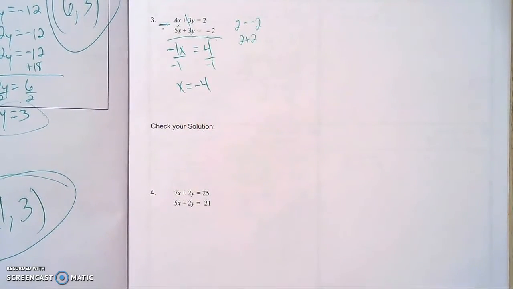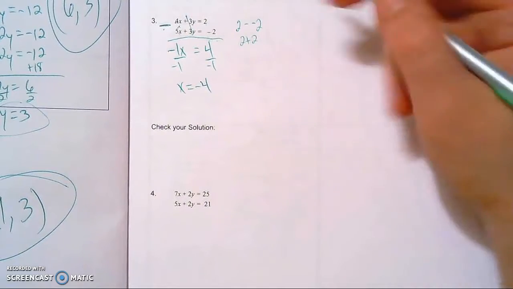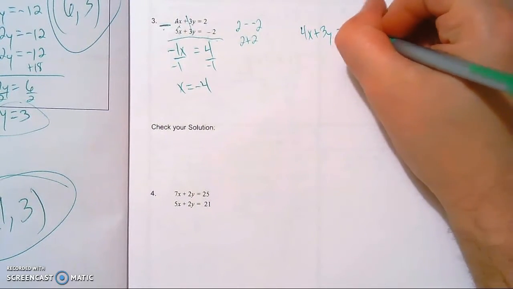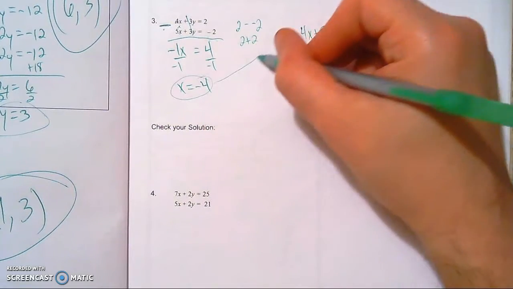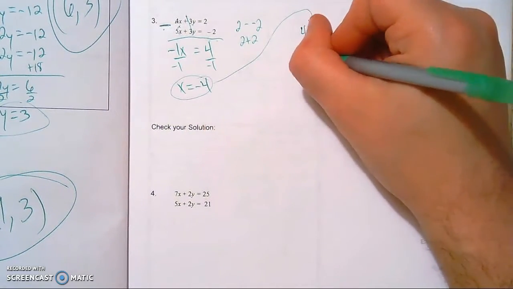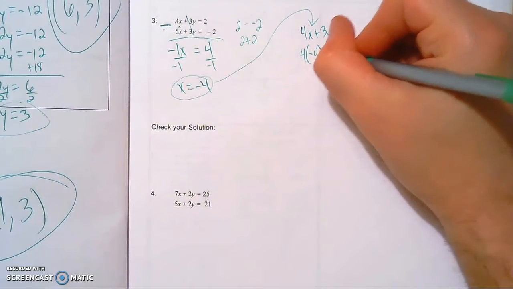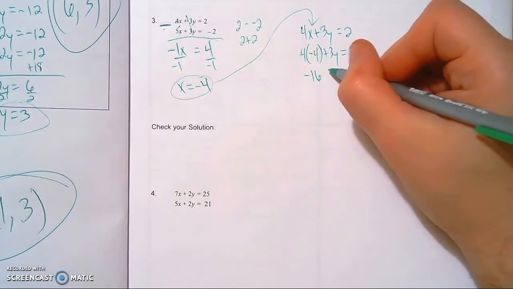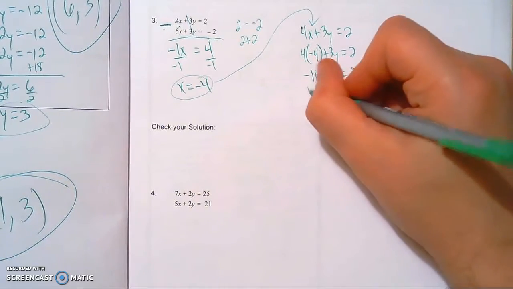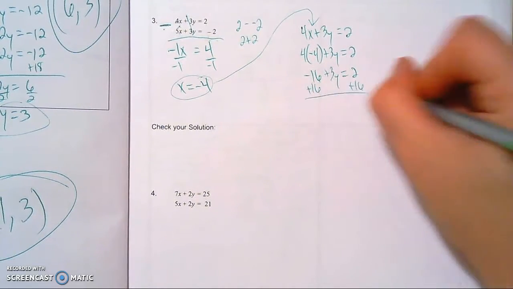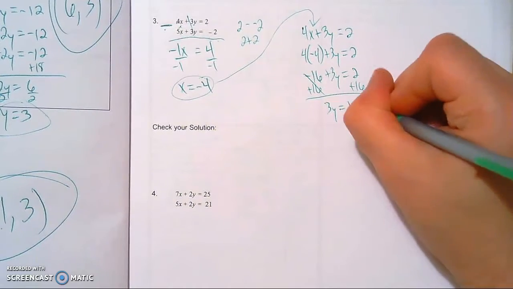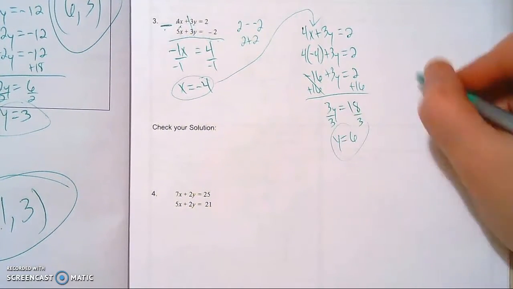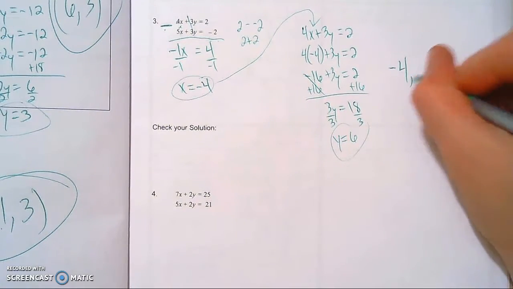X is negative 4, and then remember, you can pick either of the original equations. So I'm using 4x plus 3y equals 2, and I can check if I think x is negative 4, then drop it right in there. 4 times negative 4 plus 3y equals 2, and 4 times negative 4 is negative 16, and then I can add 16 to each side, and finally divide by 3 on each side. I get y is 6. And there's my ordered pair. That's x comma y,